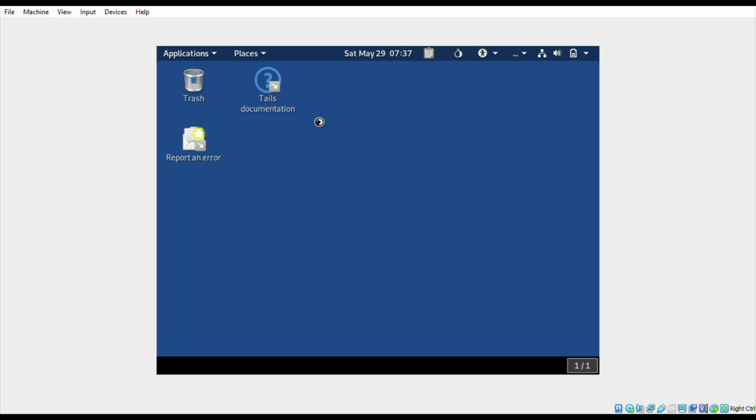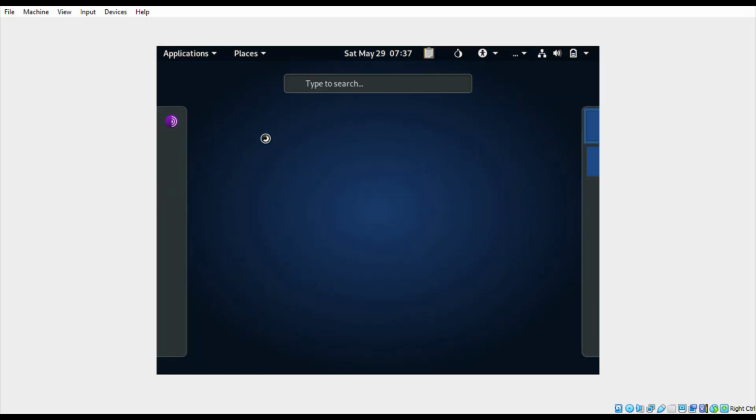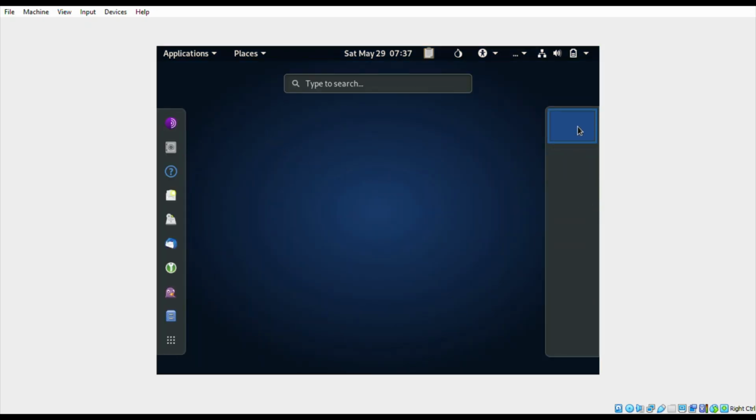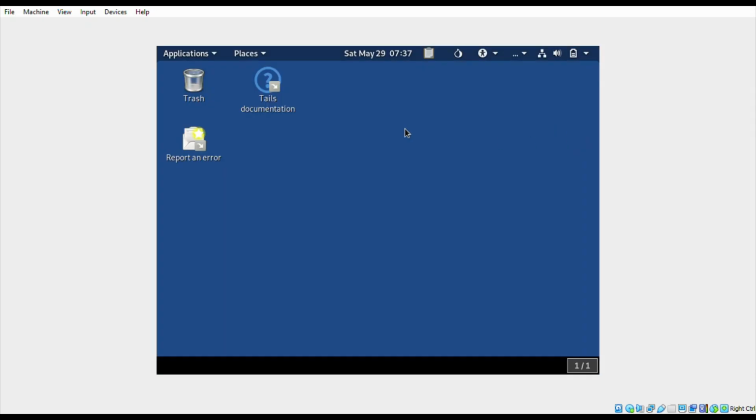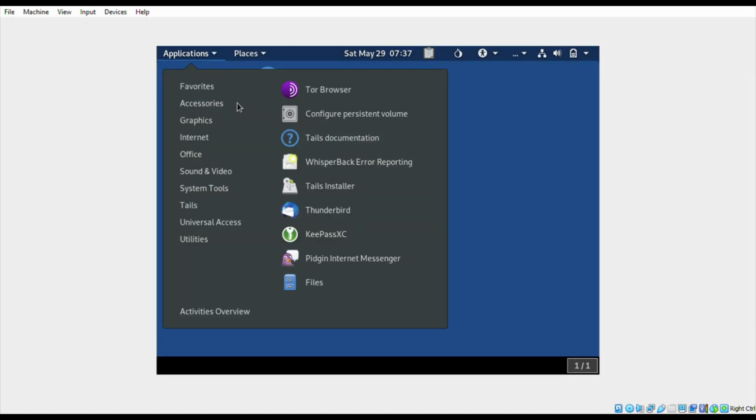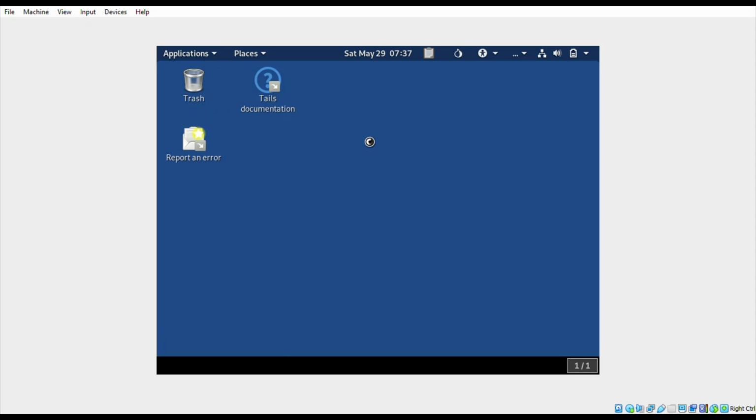You can also see the clean UI of the Tails operating system. It runs with GNU Linux. You can also check the Tails documentation for more information about this operating system.